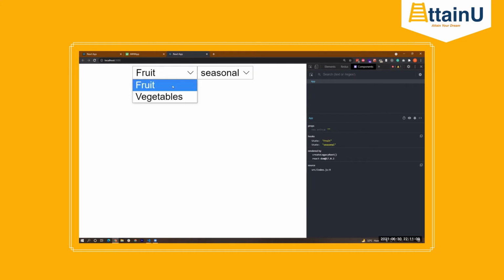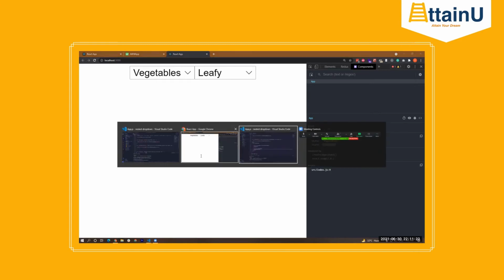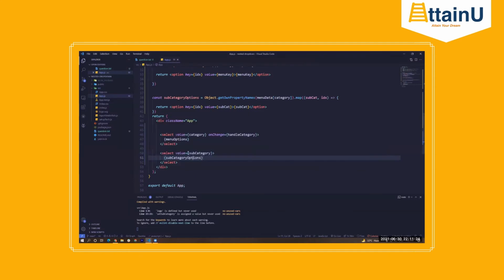If you notice here though, when I click on vegetables, this changes, but this internal state of what is the currently selected subcategory is still seasonal itself. That is because we have not yet made our select box a controlled form or a control element, right?